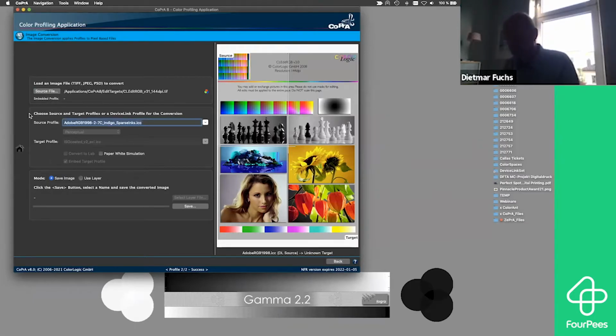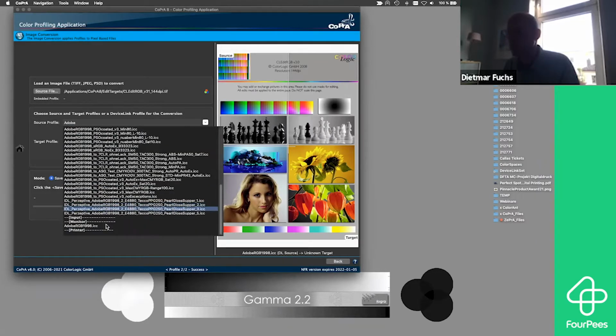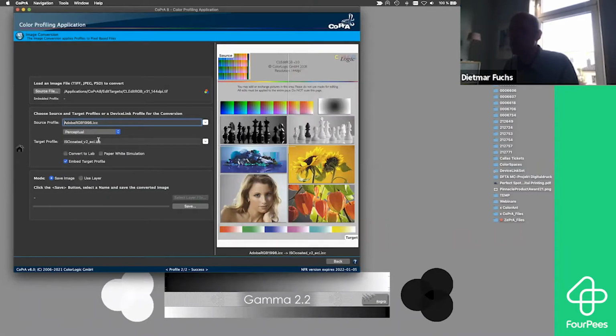First of all, I would like to see how it looks with the very normal, traditional printer profiles. So I'm going to select Adobe RGB here as my source profile. My target profile will be ISO-coated. I would select something like perceptual and black point compensation, maybe black point compensation here. I want to embed the target profile, and a very nice feature that we've now changed and added to the